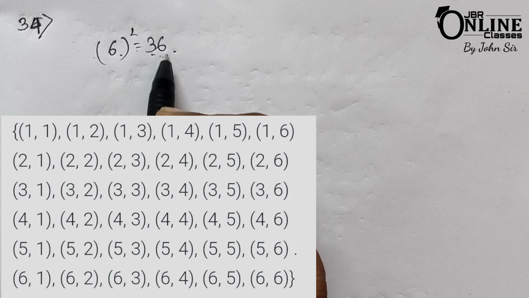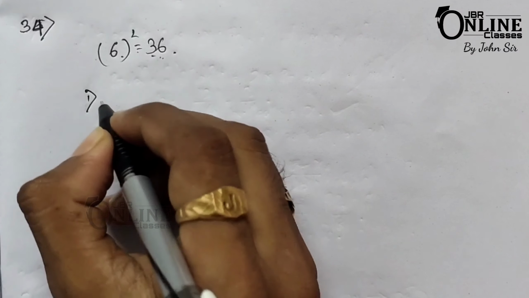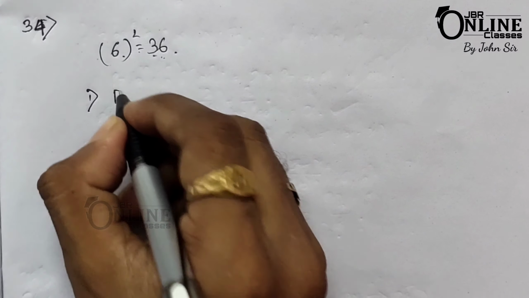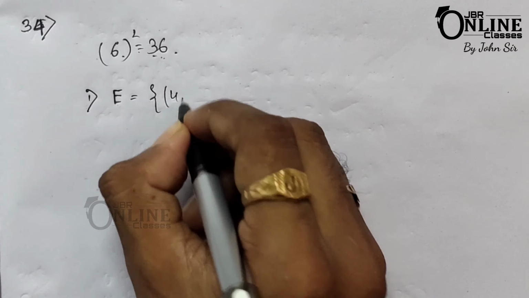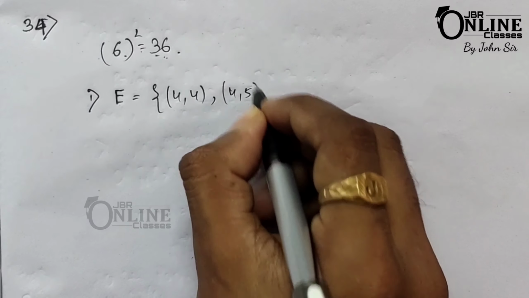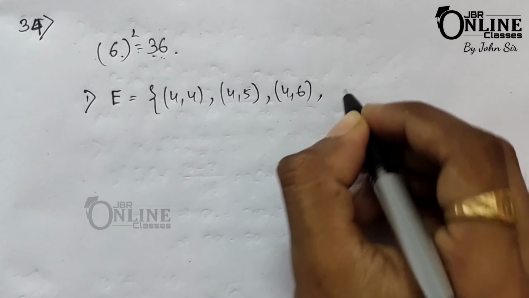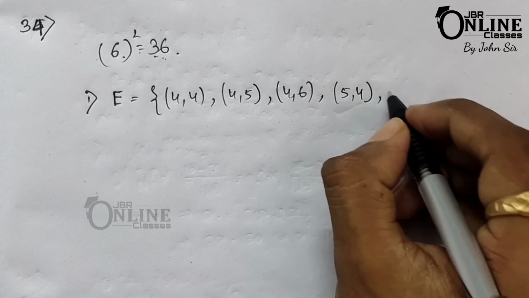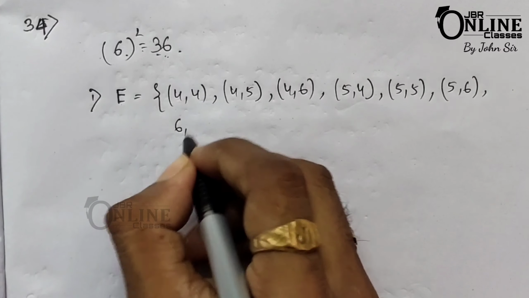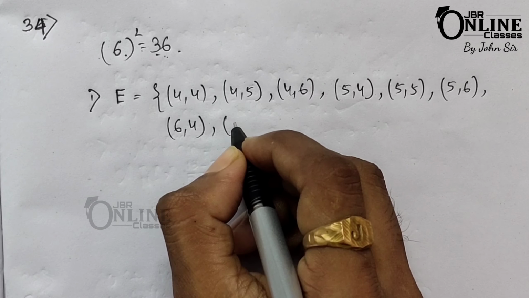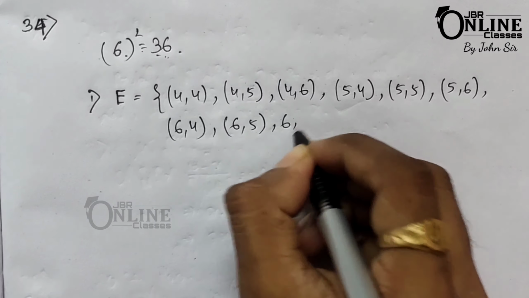So now you have to find out a number greater than 3 on each dice. You have to find out the probability of the number greater than 3. So first, for that you have to count the sample space, number greater than 3. That means here if you denote it by E, then the sample space is 4 4, which is greater than 3, then 4 5, then 4 6, then 5 4, then 5 5, then 5 6, then 6 4, then 6 5, and the last one 6 6.